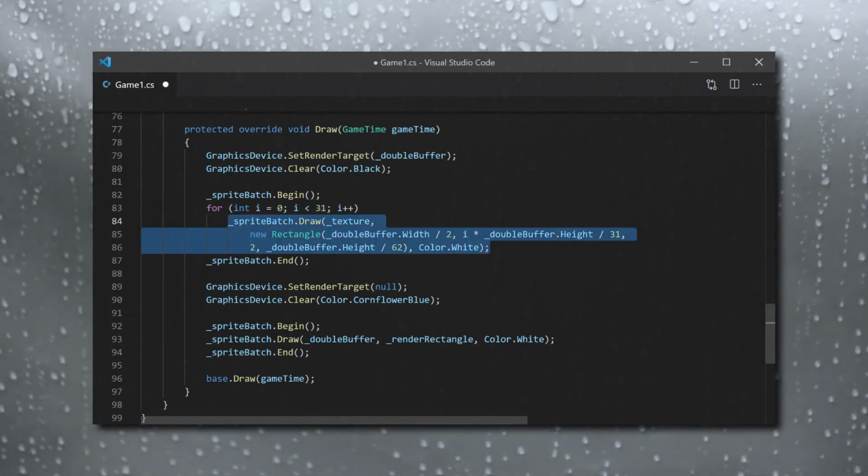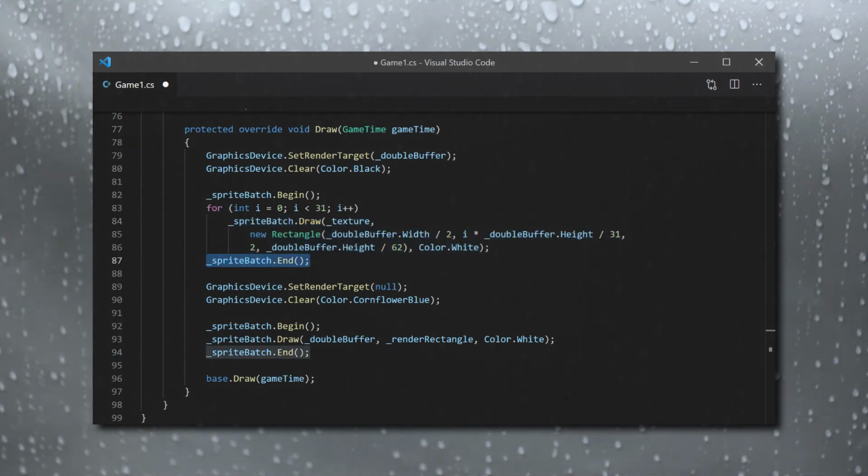This particular overload of SpriteBatch.Draw takes a texture, a rectangle for placement on screen, and a color. The rectangle's X would be a value between 0 and 639, with 0 being the left and 639 being the right, while the rectangle's Y would be between 0 and 479, with 0 being the top and 479 being the bottom. Knowing how screen coordinates work is important for placing graphics where you need them. After iterating over our net, we end the sprite batch.